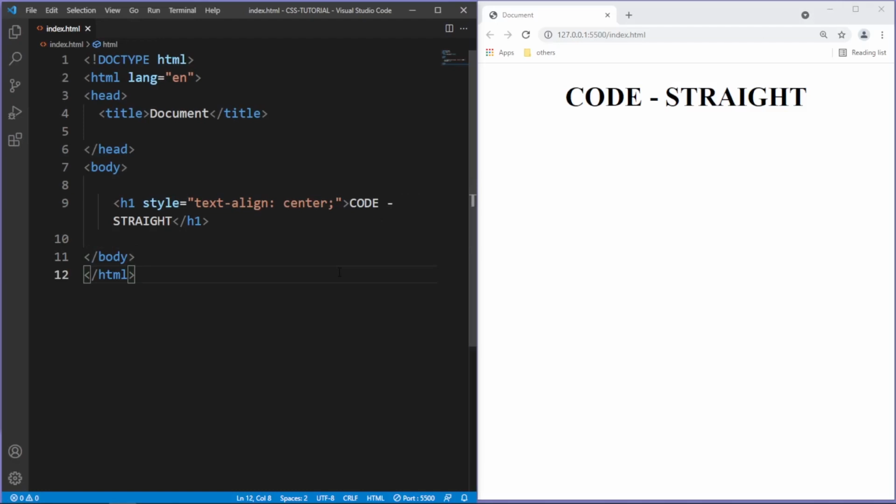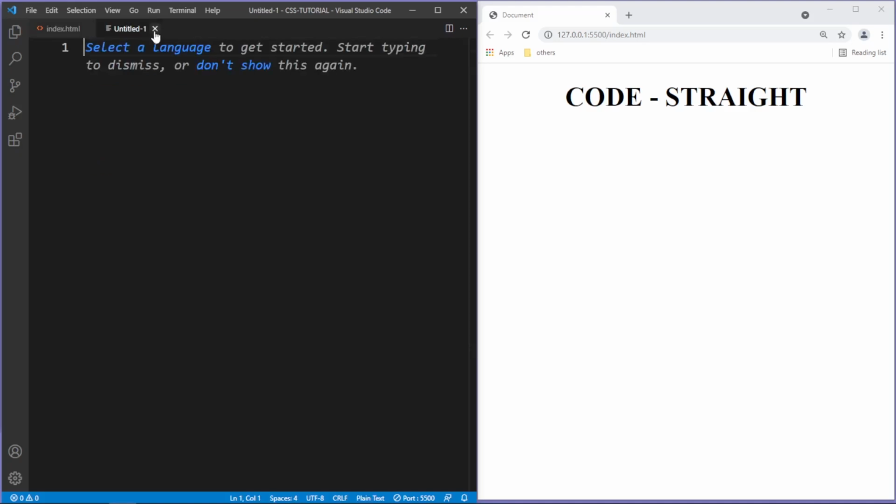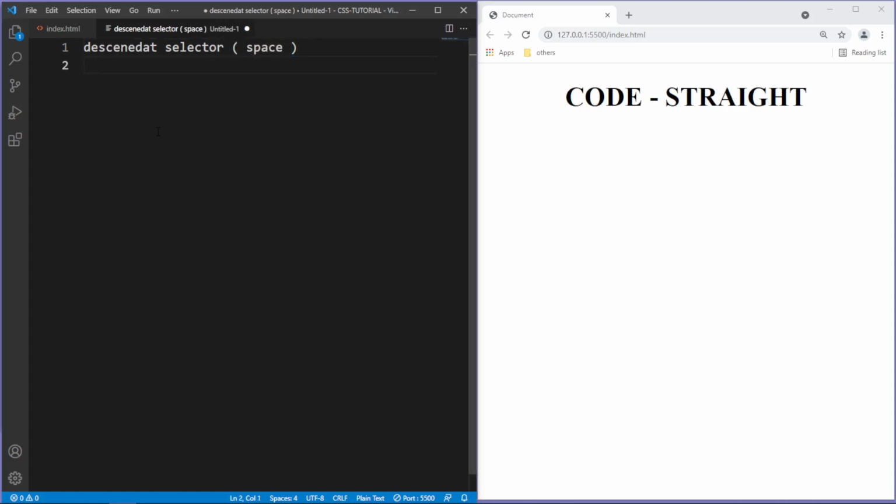Alright, now a combinator is something that explains the relationship between the selectors. We have got a Descendant Selector. Let me type it for you. We have got Descendant Selector represented by space. Then we have got Child Selector